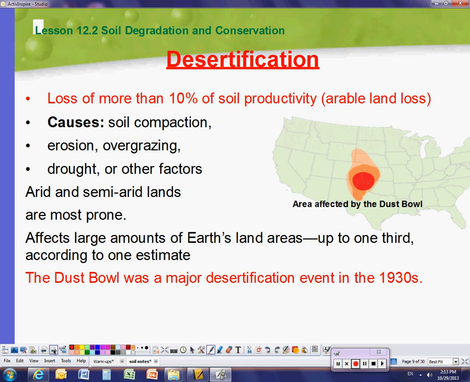So what happened is that with the farming, they would plant the plants, and during the time that the plants were growing, during the summer and early part of the fall, everything was fine. There was no erosion, there was no Dust Bowl. It didn't happen until after the harvest, where the land was bare, that erosion and the dust storms occurred, once the plants were gone. So in an area, something needs to be planted all year round, or the land needs to be taken care of in some way in order to not have desertification occur. That's when you have loss of land due to erosion, overgrazing, and overfarming. This is a definition that you definitely need to know.